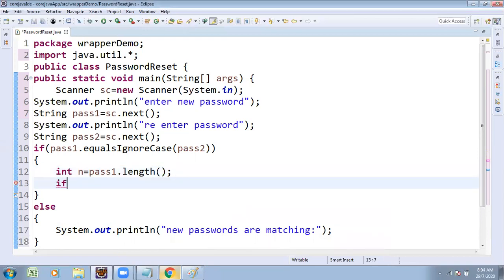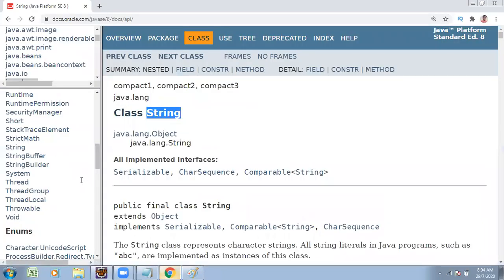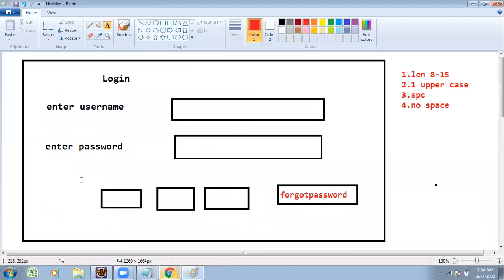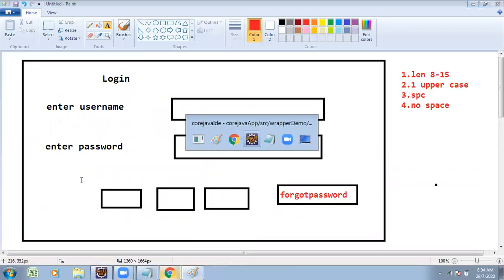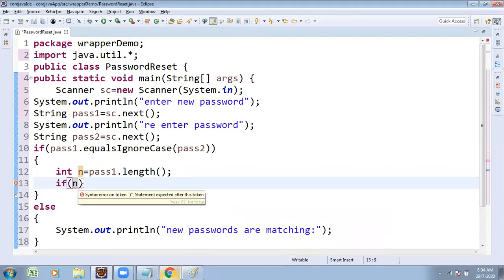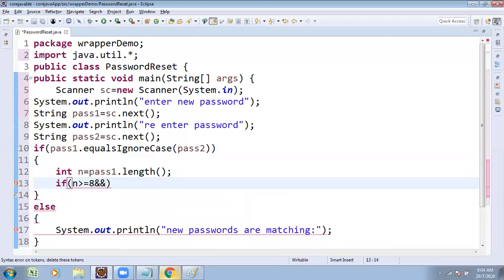If n must be, the first condition: length greater than or equal to 8 and less than or equal to 15, between 8 and 15 characters. n greater than or equal to 8 and n less than or equal to 15.